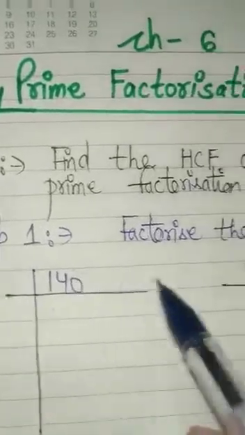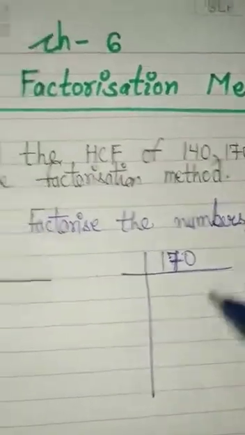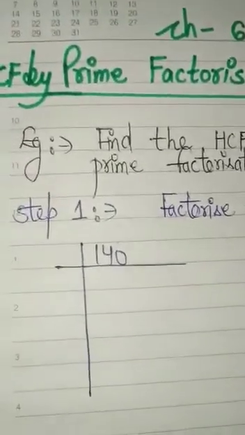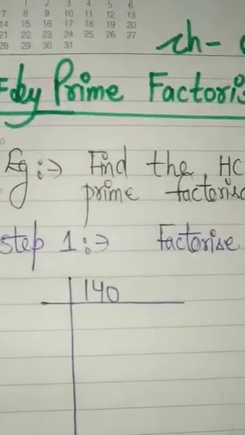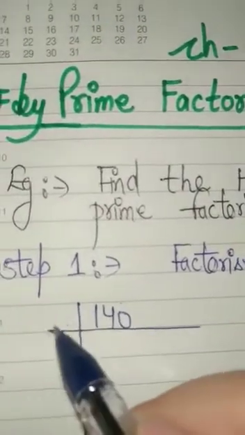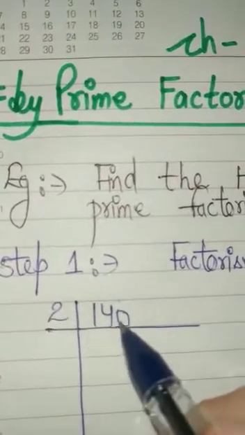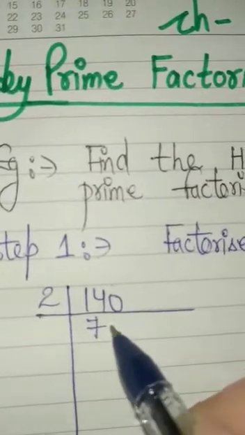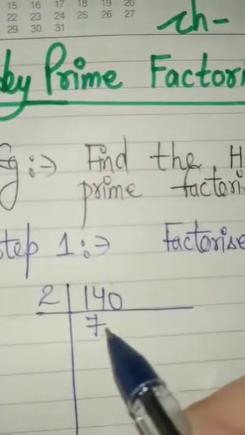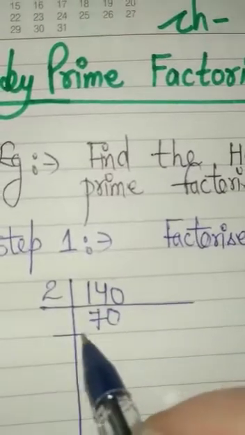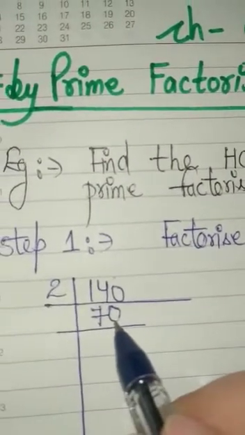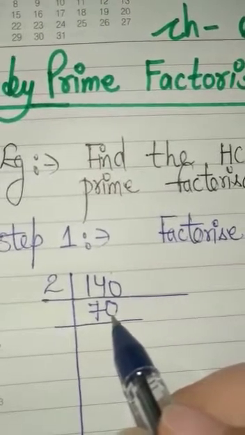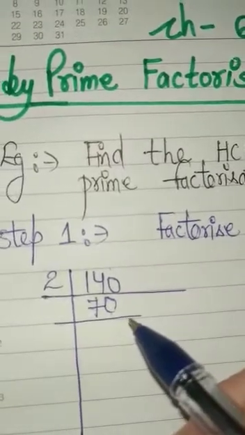So the first step is you have to factorize the numbers, means you have to find out the factors of the given numbers. So how you will find out the factors? By using prime factorization. First we will start from 2. So this number you have to divide by 2. So when you will divide it by 2, 2 sevens are 14, then 0. Okay, then again this number is divisible by 2. For doing the prime factorization, you must know the divisibility rules. I have already told you the divisibility rules, so keep those divisibility rules in your mind.